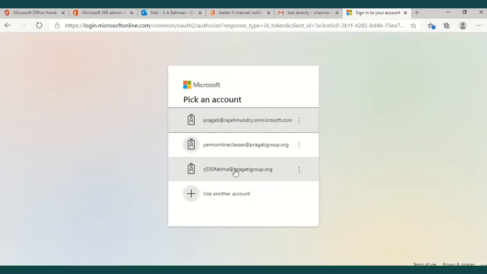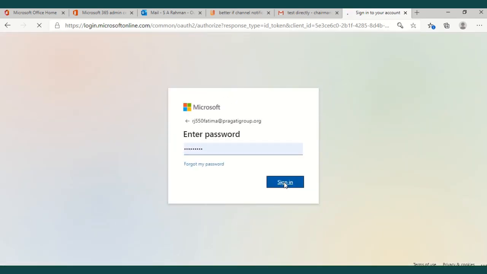Microsoft.com. I'm signing in with a student login ID so that I can view the assignment in the student view. I'm showing you how the assignment will look on the student's desktop or mobile.